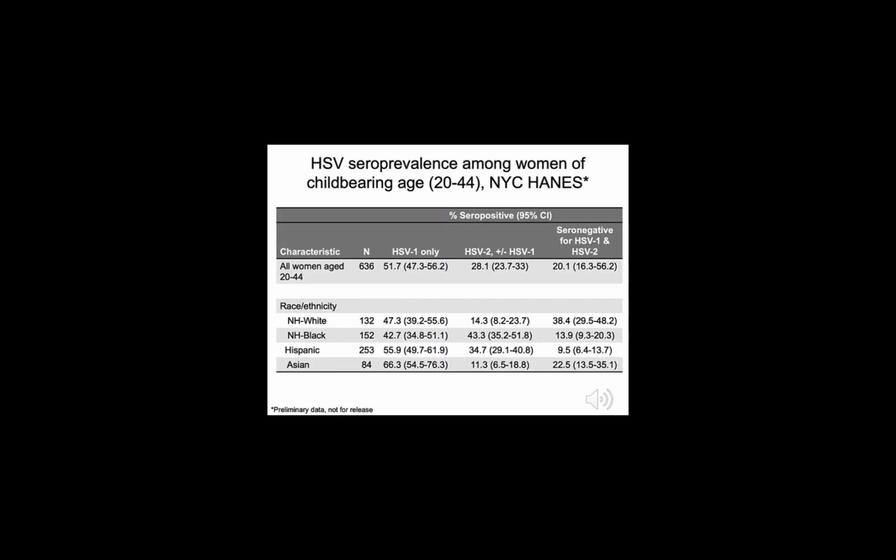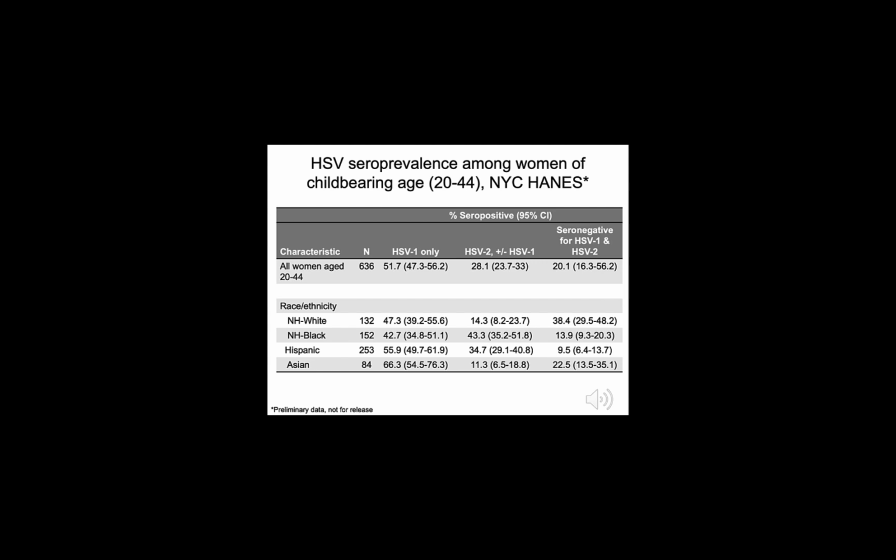So knowing that women who enter pregnancy without genital herpes infection are at the highest risk, let's look at data also from the New York City HANES that looks at the seroprevalence of HSV-1 and HSV-2 and those who have no evidence of herpes infection, those in the last column, those who are seronegative for herpes 1 and herpes 2, and this is all among women of childbearing age. And what you see is that those that have the highest seronegativity, these are women